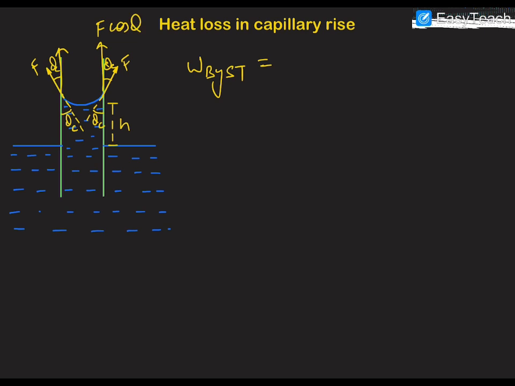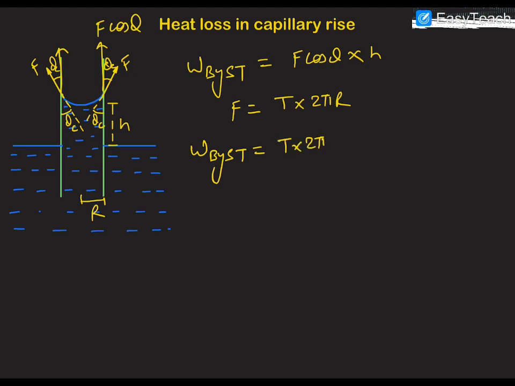So the work done by surface tension force is F cos theta into the height to which liquid is lifted up, that is h, and we know that F will be T into 2 pi r. This we have already discussed in the previous video, so we do not need to repeat it. So the work done by surface tension force will be T into 2 pi r cos theta into h,